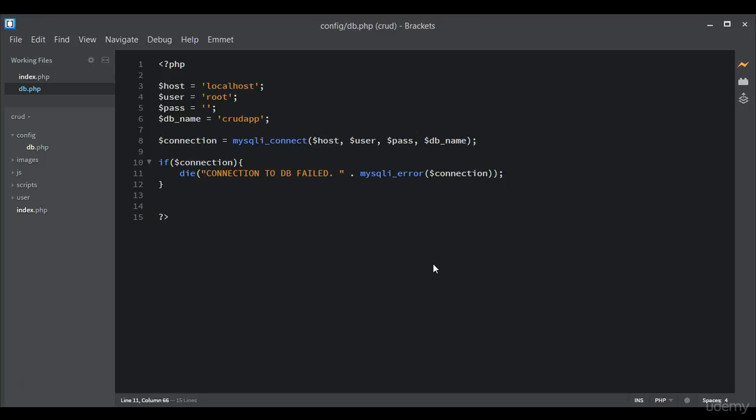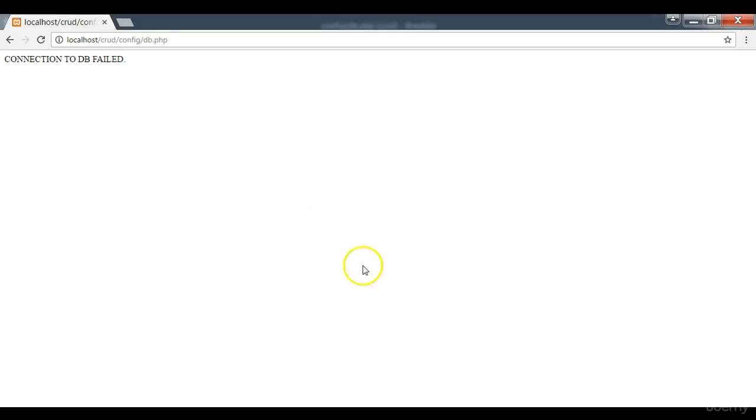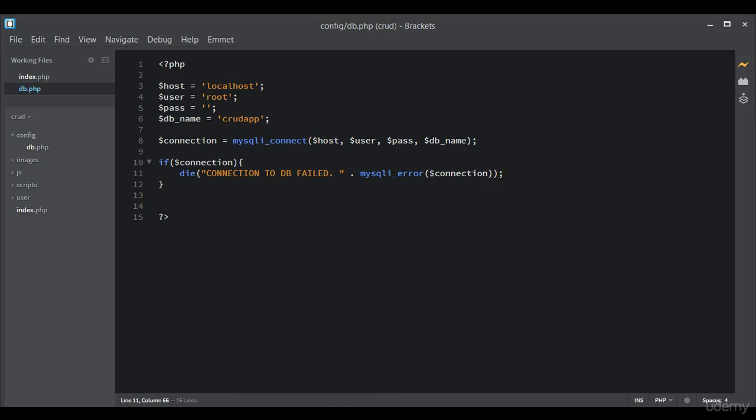Now with this, there's one more thing we need to do. Now if we try to launch this, we're going to get the message connection to DB failed. Let's try and see. Now it says connection to DB failed. Why? Because it says if connection is true, then we get this message. But in a case whereby the connection fails, we say if the connection is false, then we need to get this error message. And how do we do that? We just put a not sign, an exclamation mark, in front of the connection. So this shows that if the variable is false, then we get